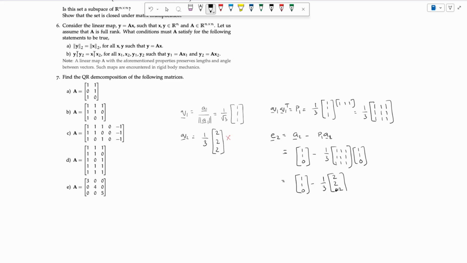2, 2, 2. The difference is 1 by 3, 1 by 3, minus 2 by 3. Okay. Now E2 does not have length 1. E2 is orthogonal to Q1, but E2 is not of length 1. So Q2 will be